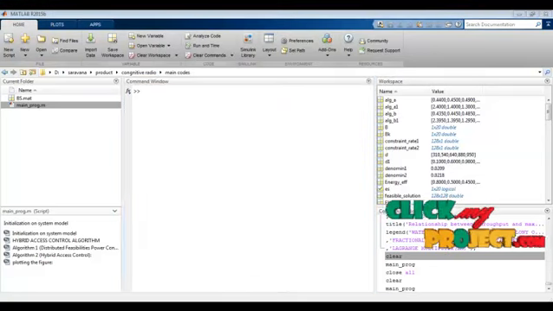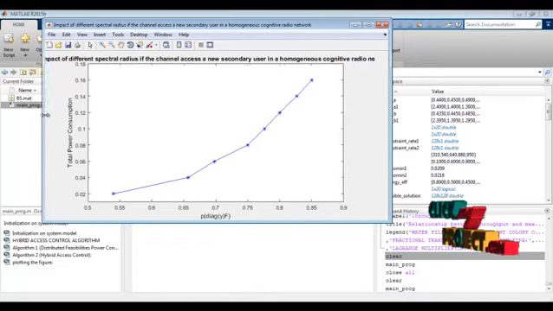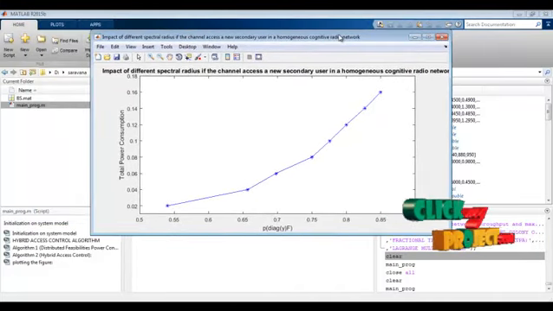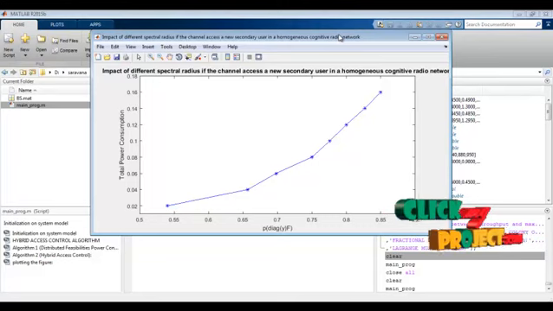Next thing we can see is the impact of different spectral radius on channel access of secondary users in homogeneous cognitive radio networks.